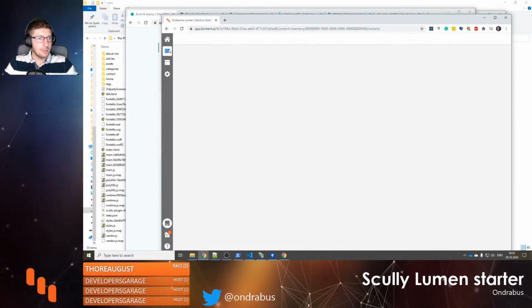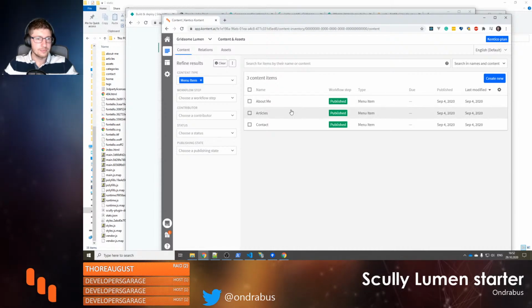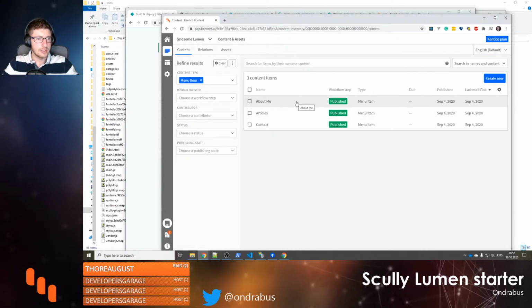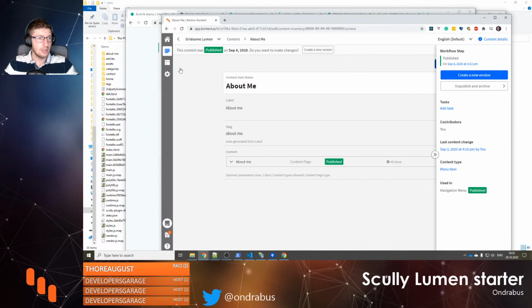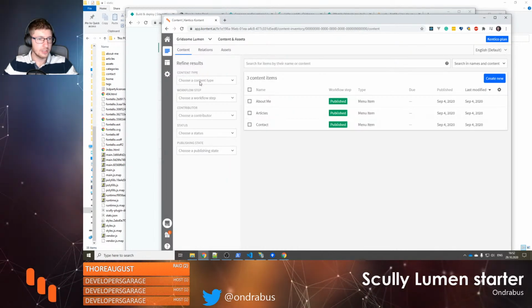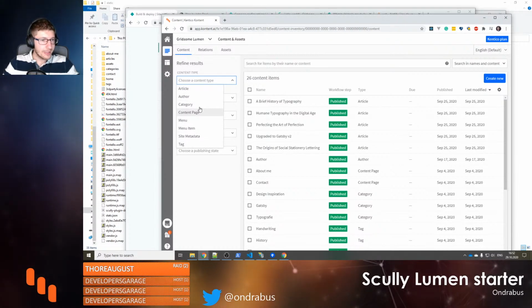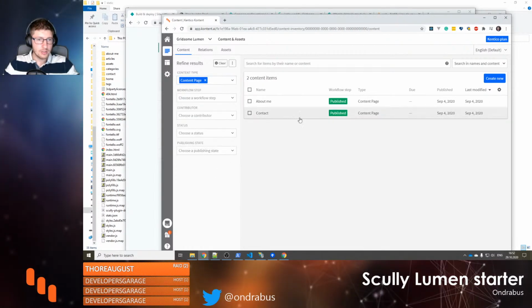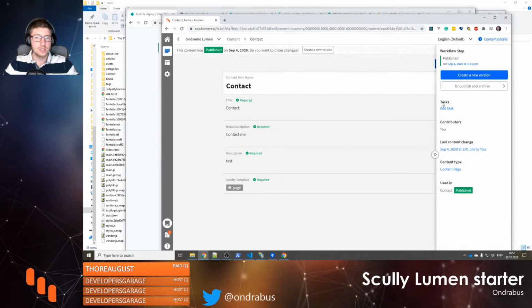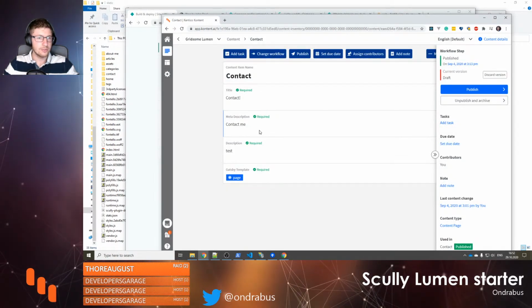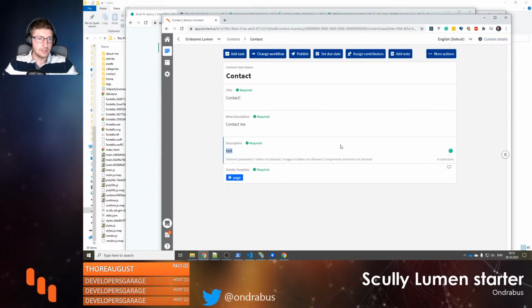Cool. Now when we go back here, we can take a look at the menu item, for example, or the contact page. Now on the contact page, there is no content, there's just a test there, right? So we can take a look. In the content page, there is a contact here. So I'm going to go ahead and create a new version of that. The description is going to be,